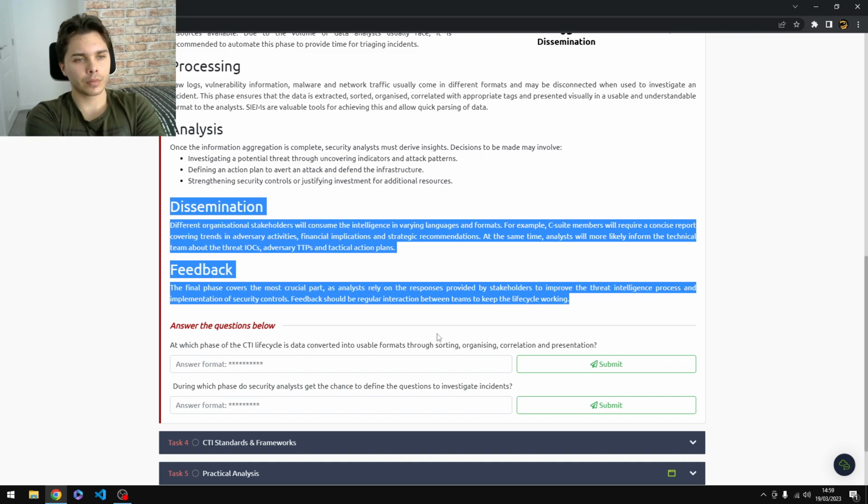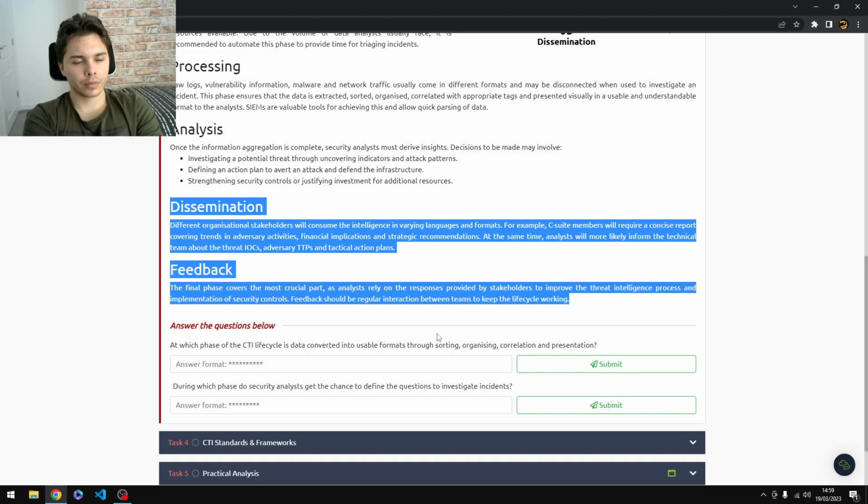Dissemination: different organizational stakeholders will consume the intelligence in varying languages and formats. For example, C-suite members will require a concise report covering trends in adversary activities, financial implications and strategic recommendations. At the same time, analysts will more likely inform the technical team about the threat IOCs, adversary TTPs and tactical